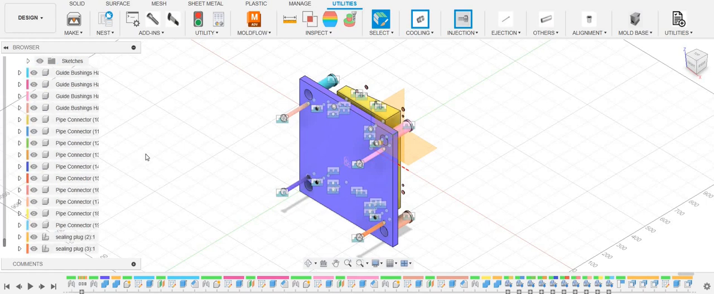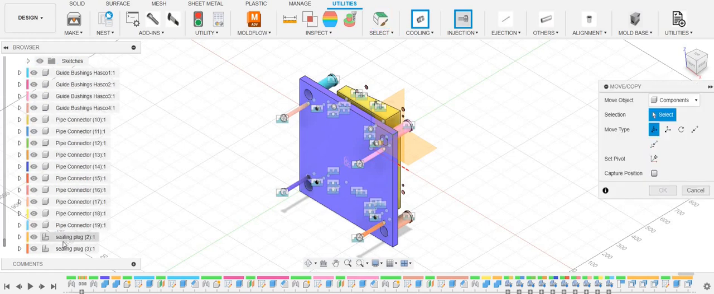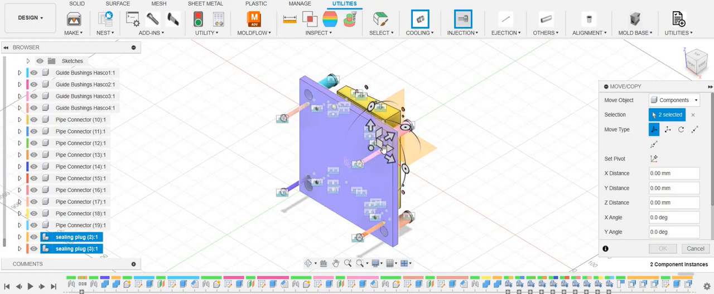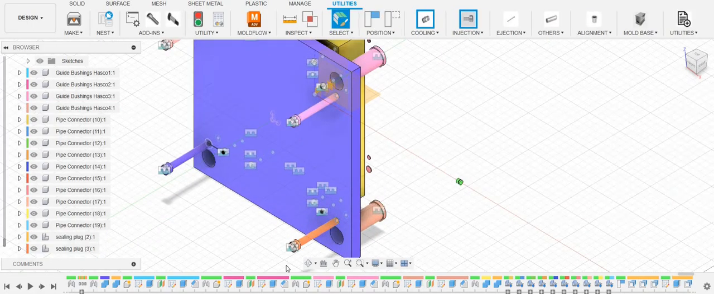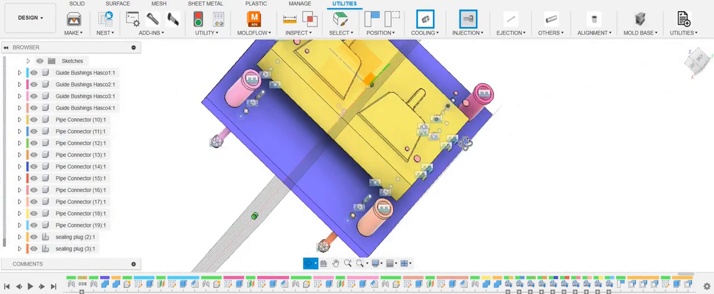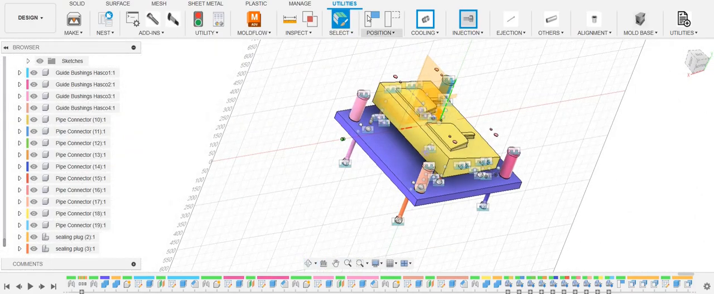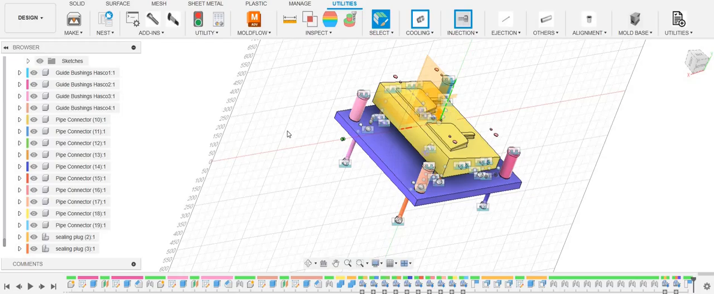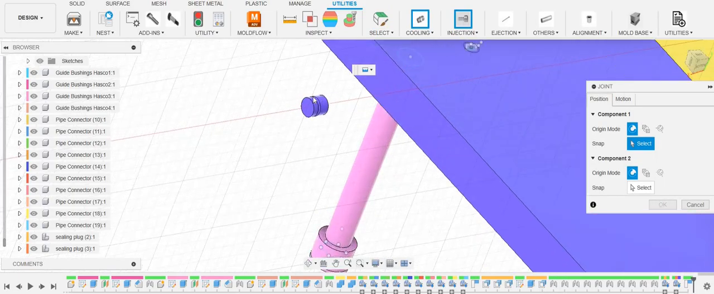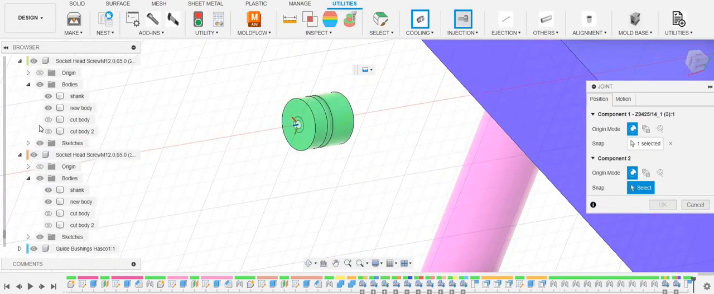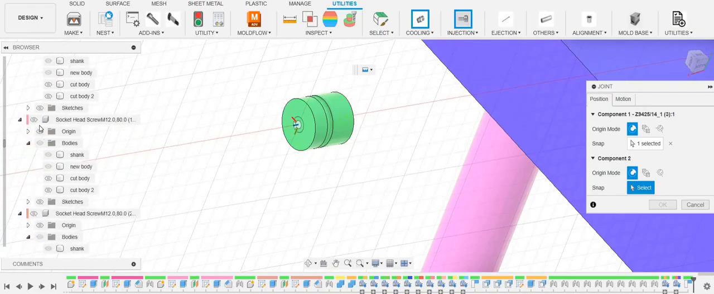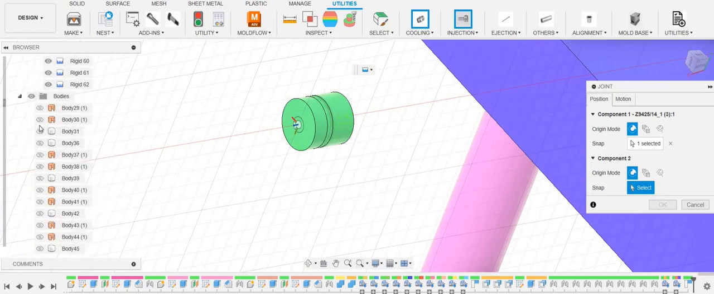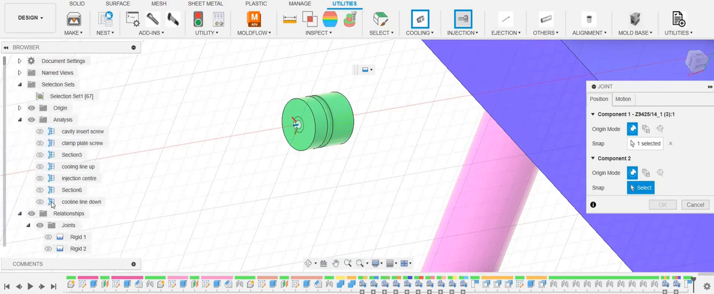Go down and for move. Make sure you are moving the components and not a body or a surface. Okay, now you can capture position. J for joints. Can pick one first. And go ahead and go back and turn the section view